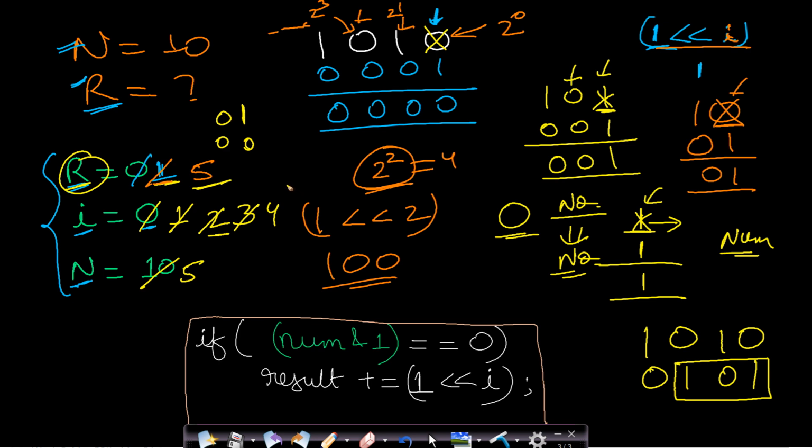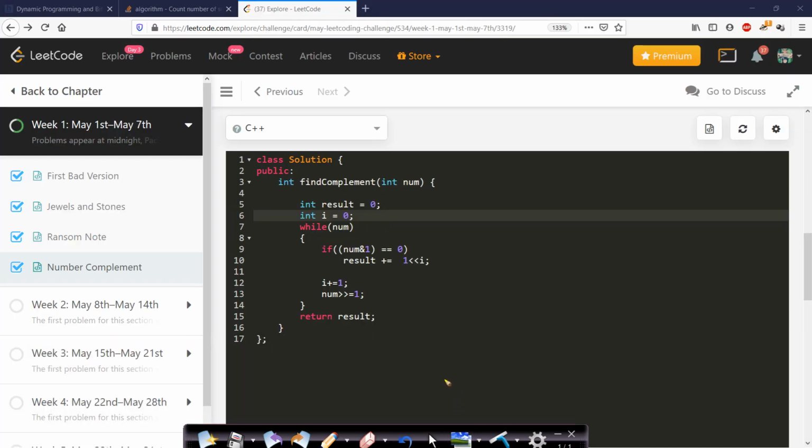So I hope you understood this approach. This is an O(1) algorithm, so this will not be taking too much time. Now let us see the method which I have implemented. Here I have taken I for the bit number we are processing, and result to store what the result after flipping will be. Now this is the while loop, as long as the number is not 0, because we are basically right shifting the number by 1 bit after doing one time processing. So as long as the number is non-zero, we will keep processing.